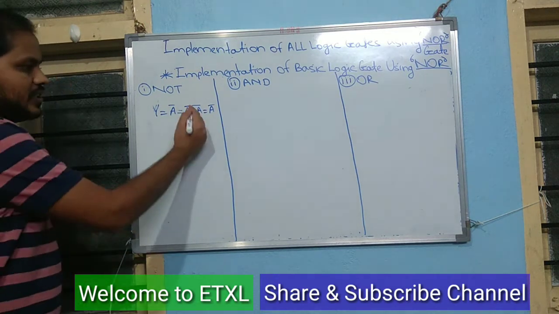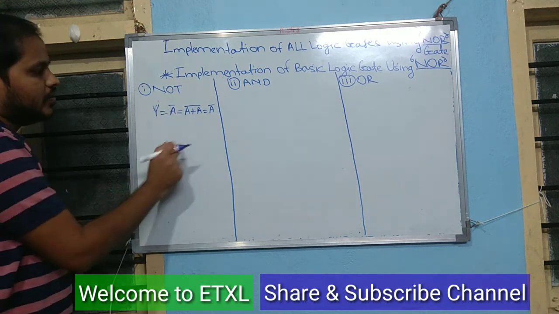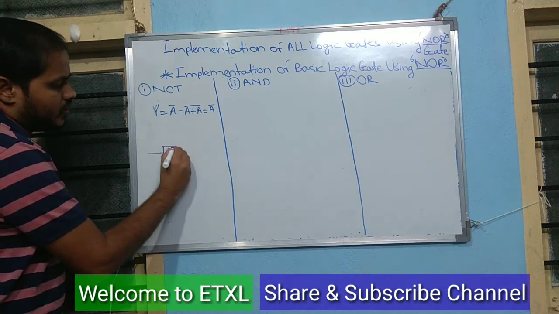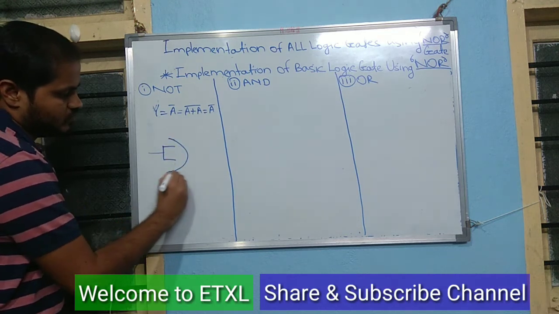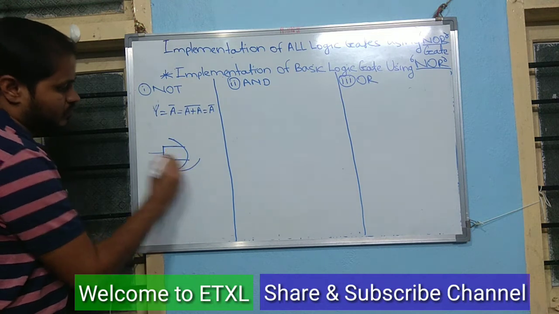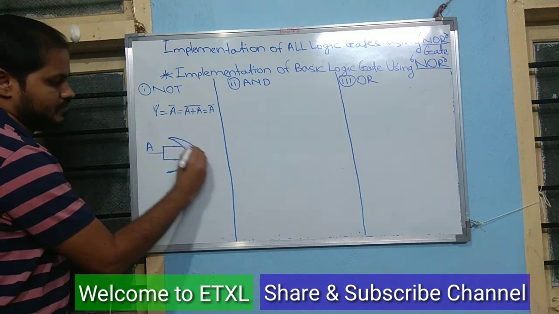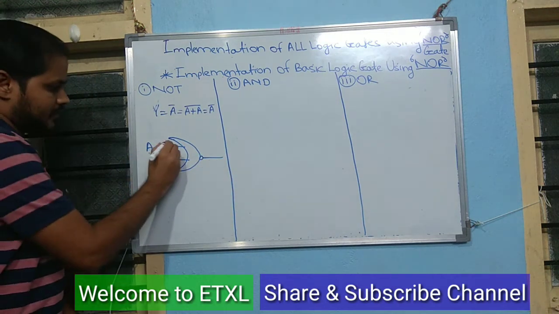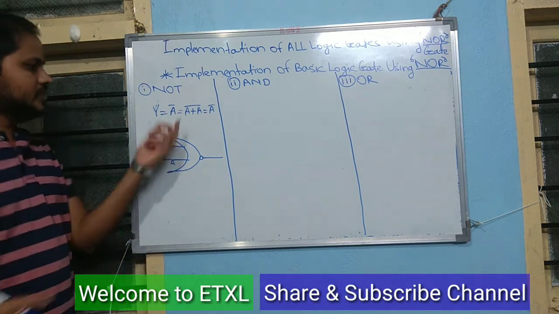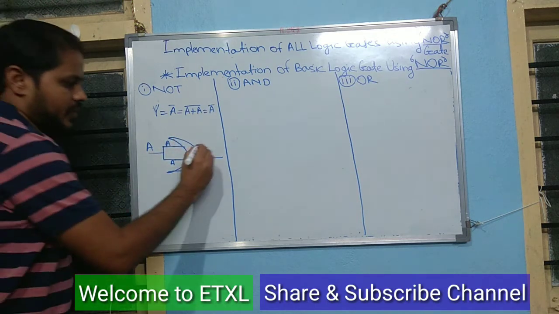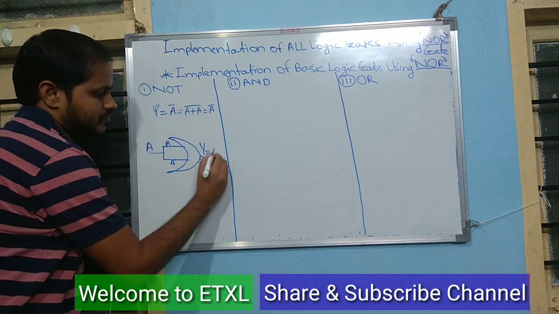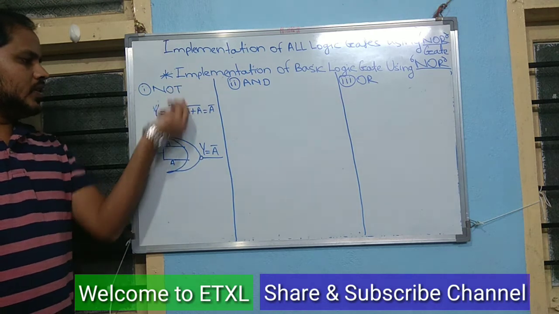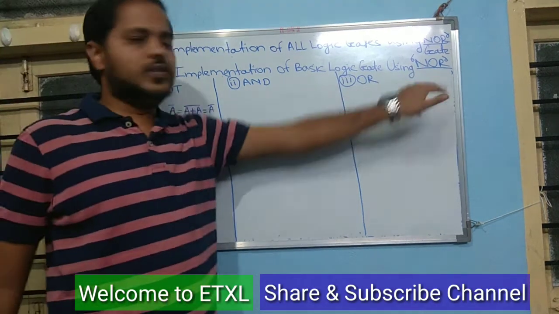Okay. Make the short connections of the NOT logic gate. Divide the single input into 2 parts. Here is the A input. Divide it into the 2 parts. A plus A is A. That's why the output is Y is equal to A bar. This is the implementation of the NOT logic gate by using the NOR logic gate.